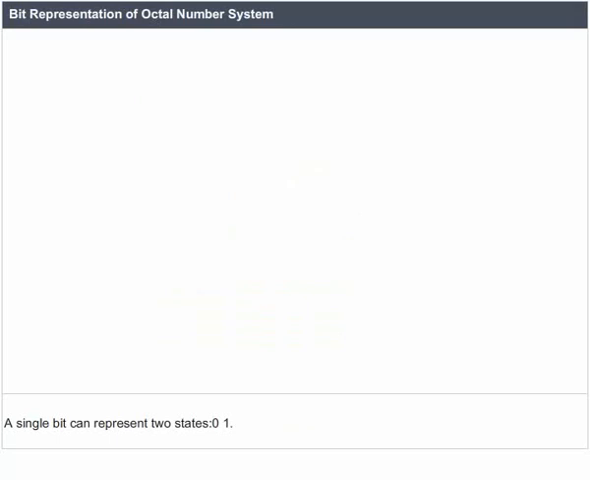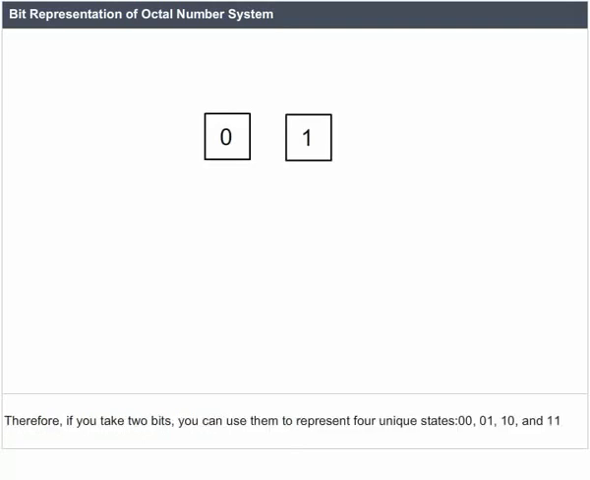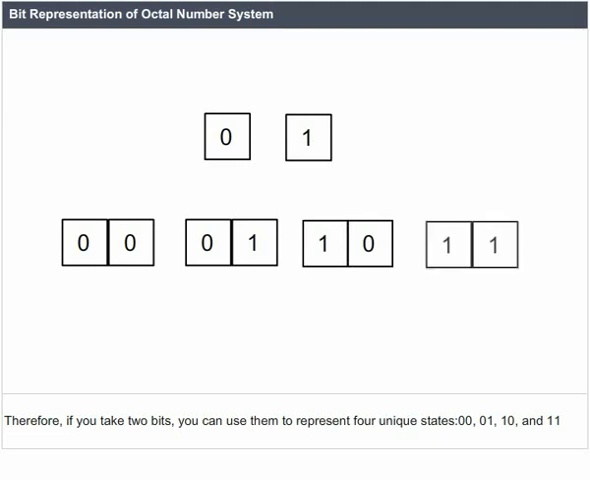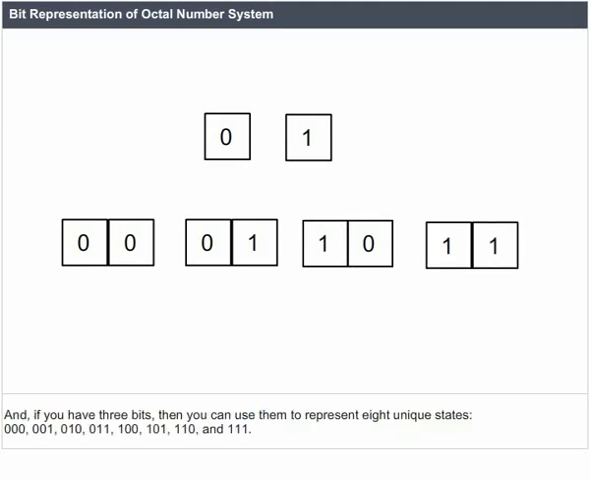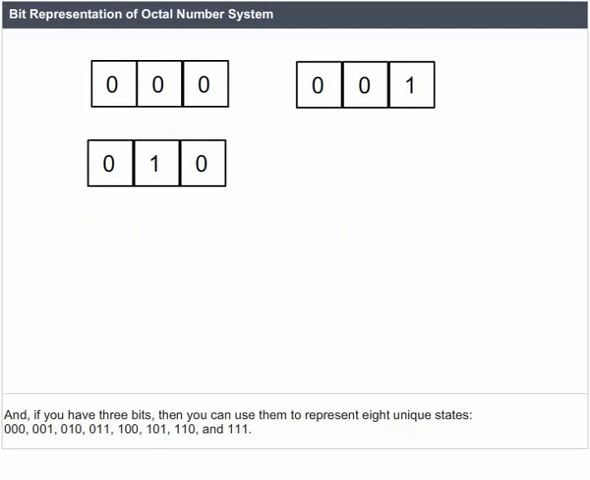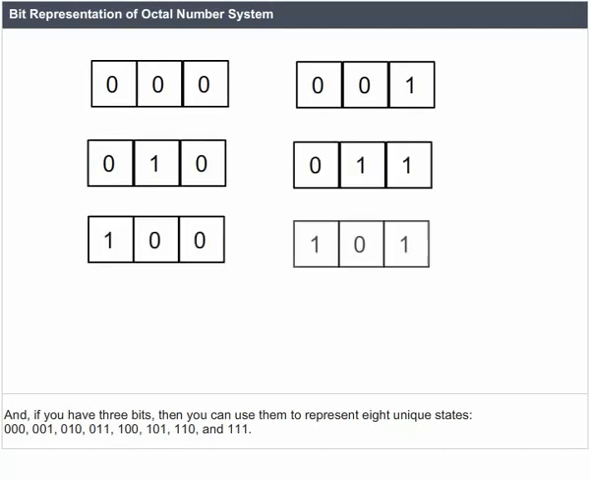Bit representation. A single bit can be represented in 2 states, 0 and 1. Therefore, if you take 2 bits, you can use them to represent 4 unique states: 00, 01, 10 and 11. And if you have 3 bits, then you can use them to represent 8 unique states: 000, 001, 010, 011, 100, 101,